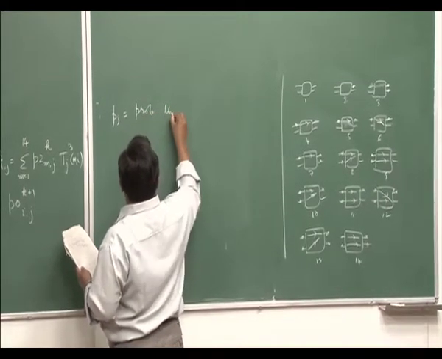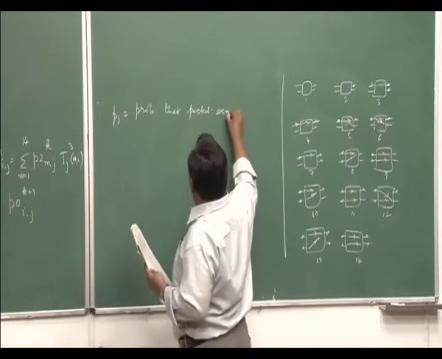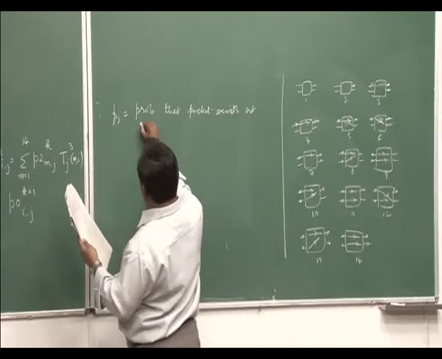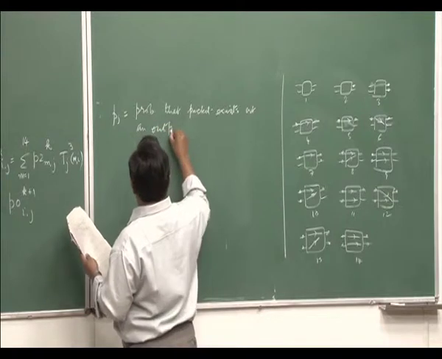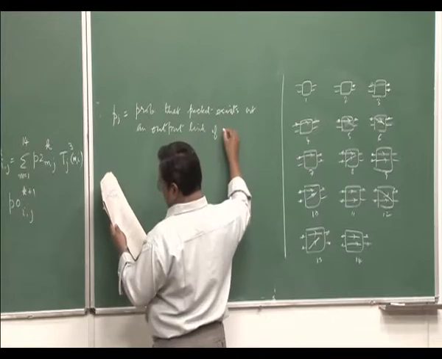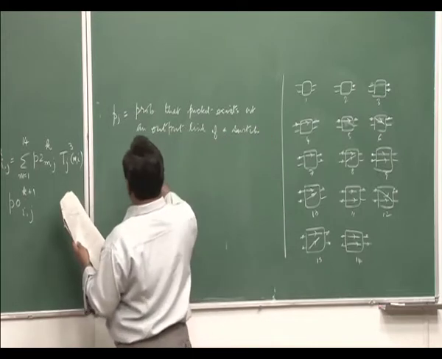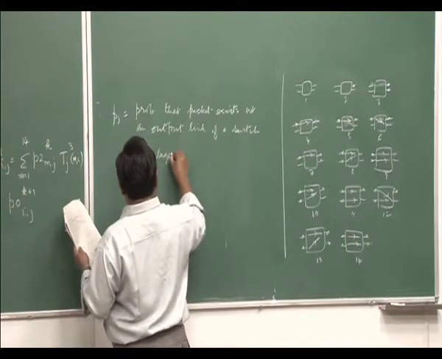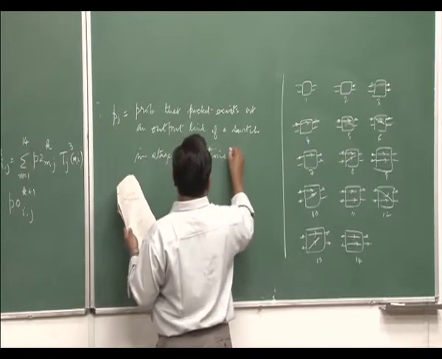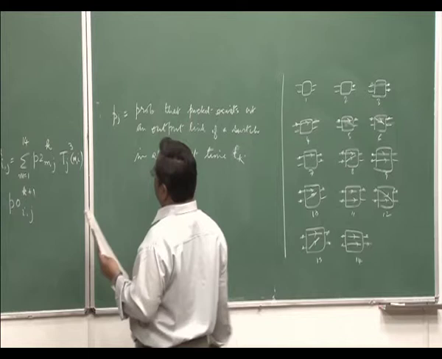It is the probability that a packet exists at an output link of a switch in stage J at a time tk. I am not talking about an interval, this is at time tk,